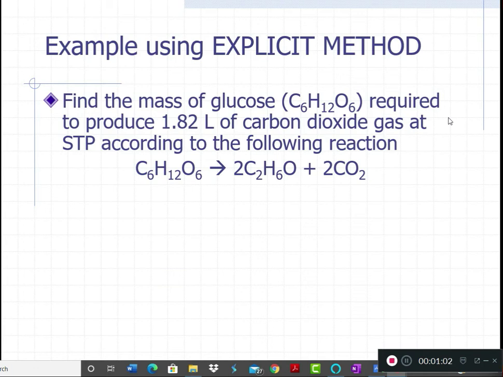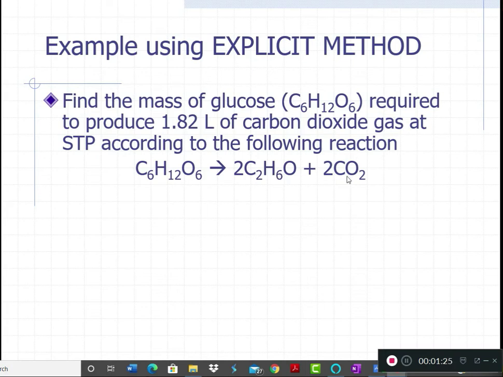It says, find the mass of glucose that is required to produce 1.82 liters of carbon dioxide gas at STP according to the following reaction. So we have this glucose molecule decomposing down to an ethanol molecule and carbon dioxide. This is the process of fermentation. So it's going to break down the ethanol, and one of the things you're going to get is a bubbling